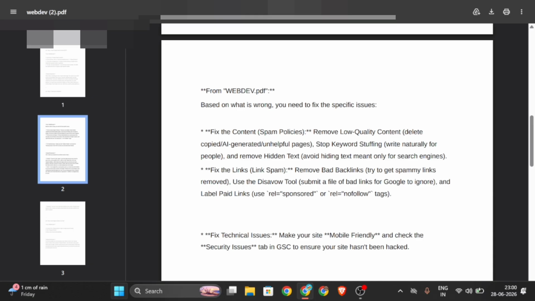No value added, just showing the machines, just showing Google, hey, see, it's my website and it has a lot of content. And Google rates it exactly like garbage, under its spam policies.